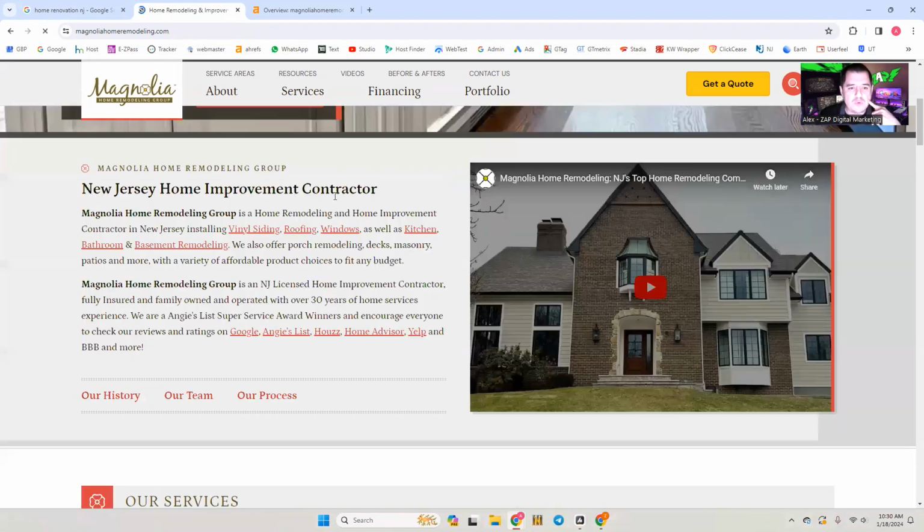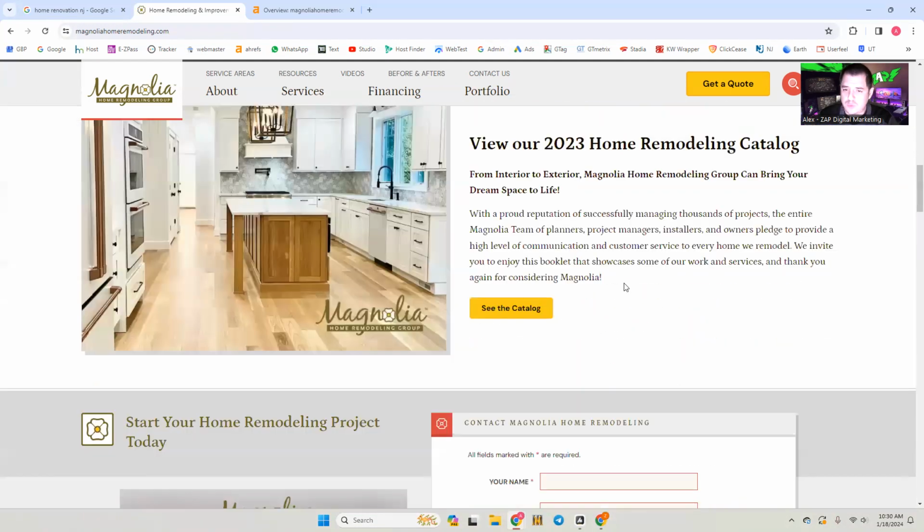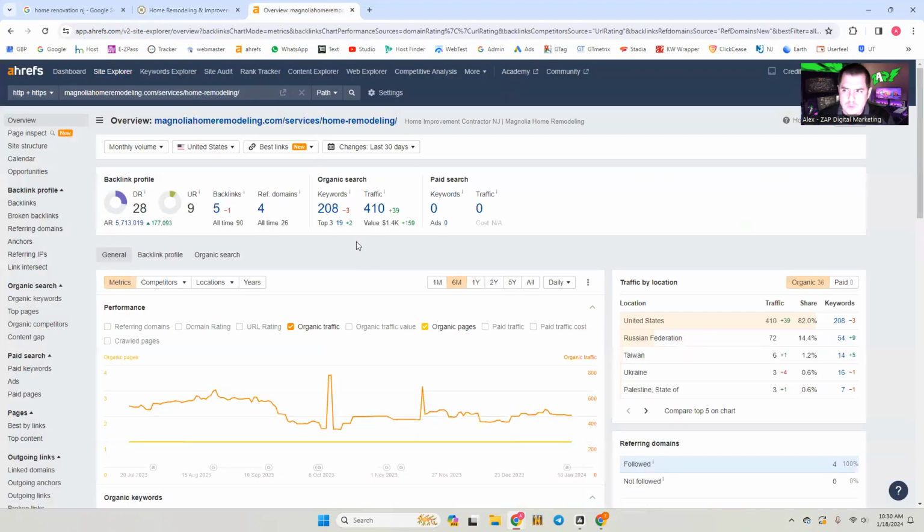Okay, New Jersey Home Improvement Contract. They're targeting that keyword, and they have a lot of content to support that, their credibility, if that makes any sense. Okay, so I'm going to show you a few numbers here, and this tool that I'm using is called